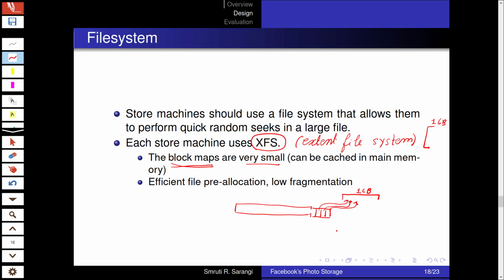Also, if we have an approximate idea of the size of a photo, let's say that they're 100 KB, more or less, then we can allocate 120 KB needles over here, such that there'll be some amount of internal fragmentation, but then we can quickly reserve space for them and quickly insert them at the relevant needles. So these things can be done. They are optimizations to the baseline Facebook photo storage file system. They have not been discussed in very great detail in the paper.